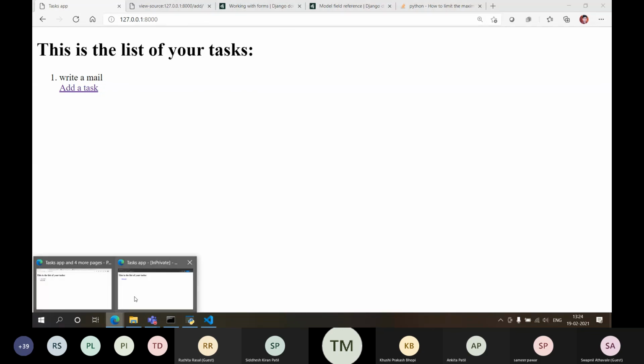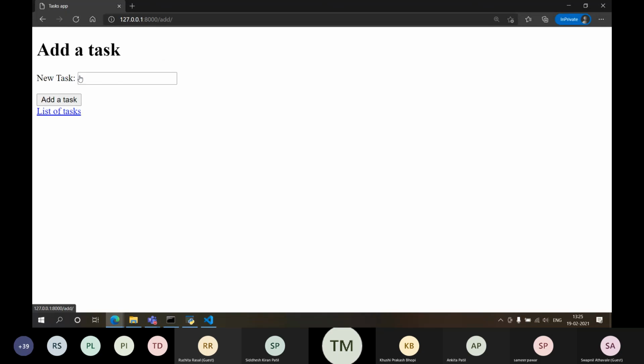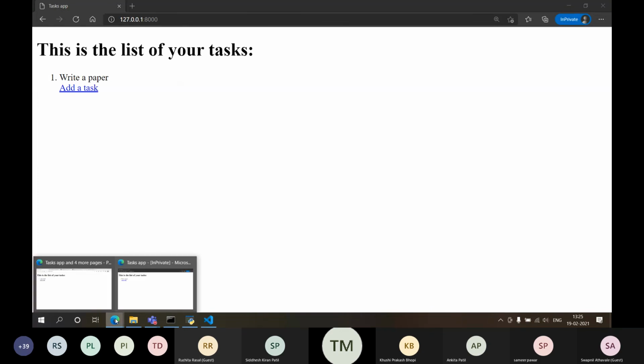If I go over here for this user and refresh this page, there is nothing. For this user, again I can say write a paper. Add a task. Write a paper is a task with this.